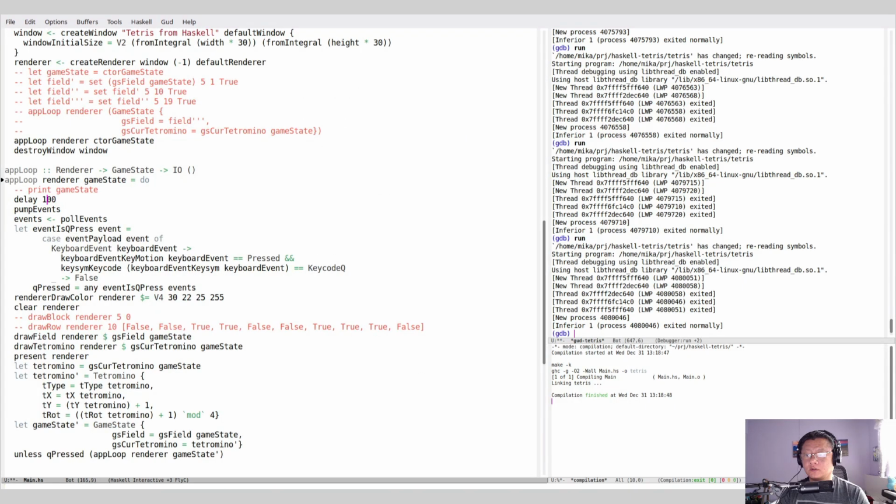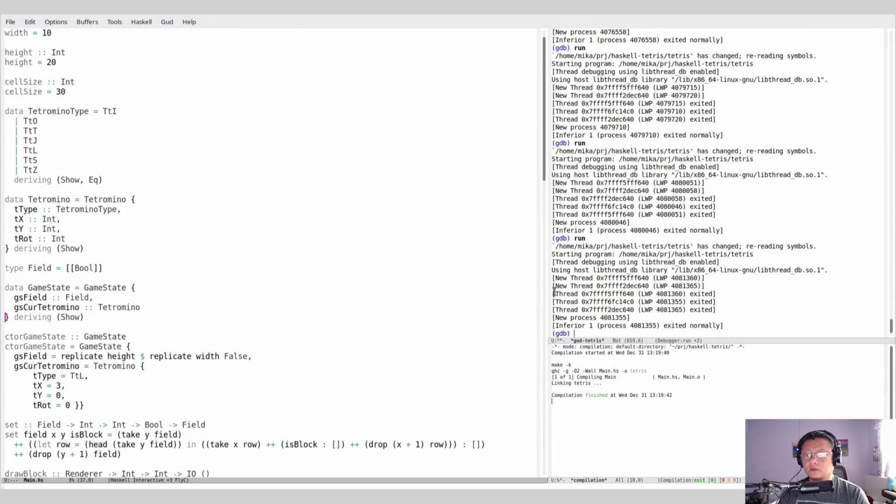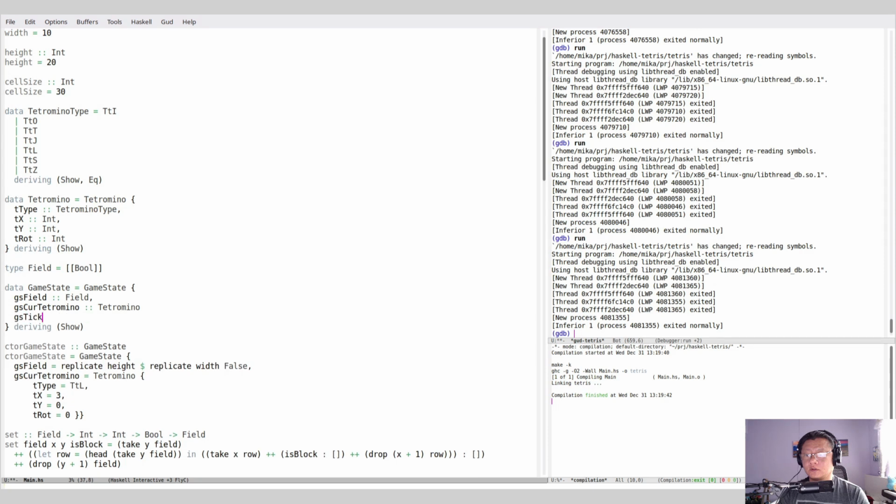So let's make a longer delay, and actually it's going to make it fall very fast, but we can have gsTick int